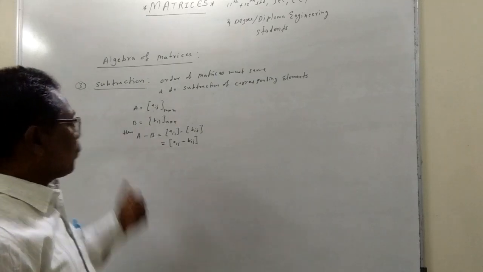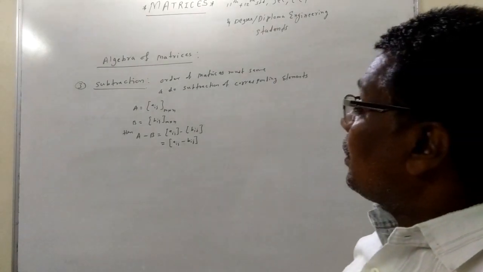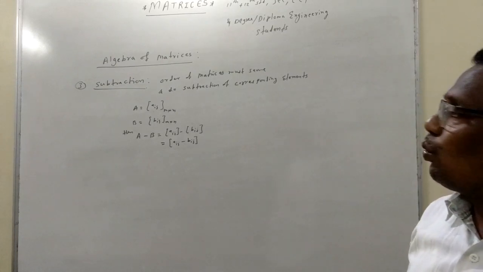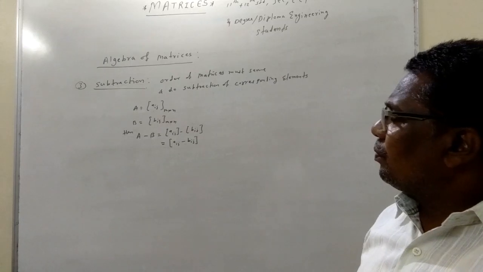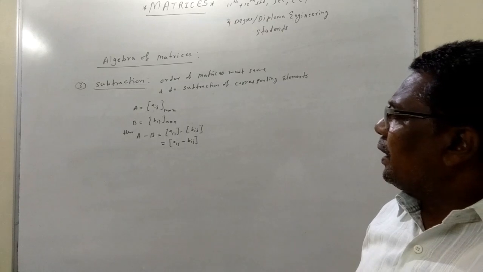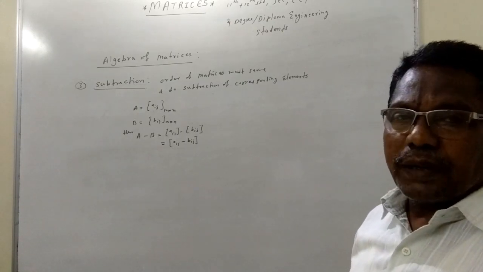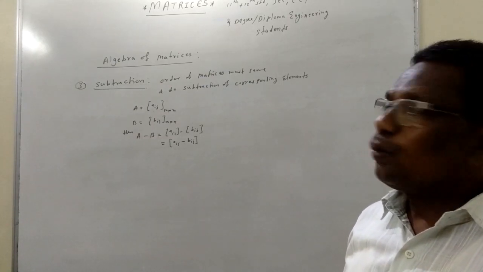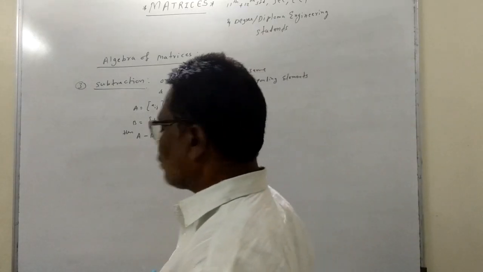Now if we compare with determinants, when we add or subtract determinants, you evaluate the determinants and subtract the values of the determinants. And when we write the addition of two determinants as a single determinant, only one row or column is the addition of two elements, and the remaining rows or columns are the same.